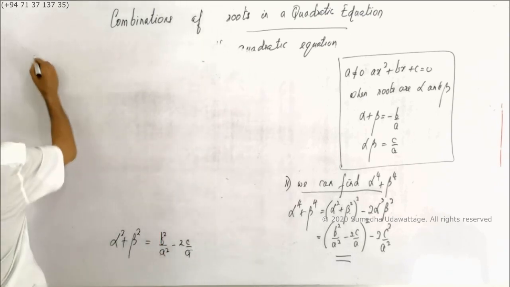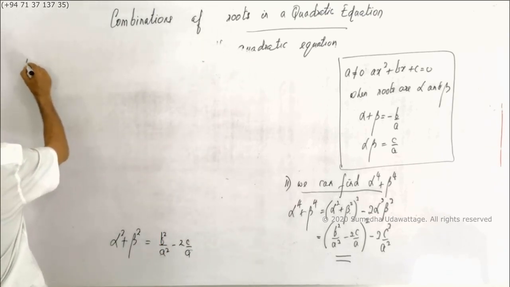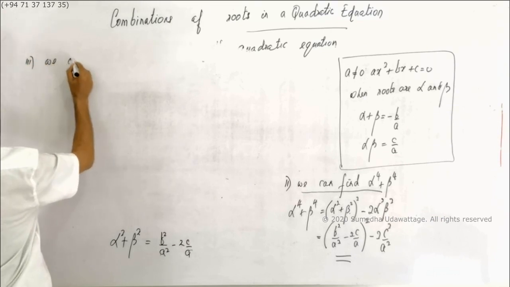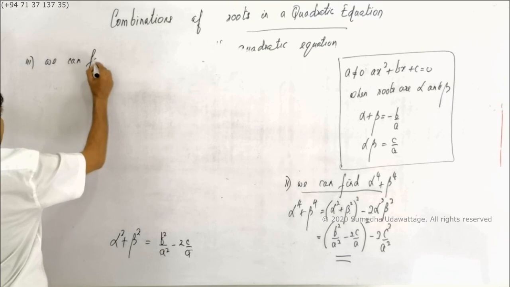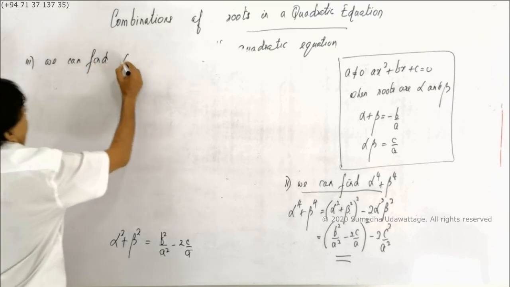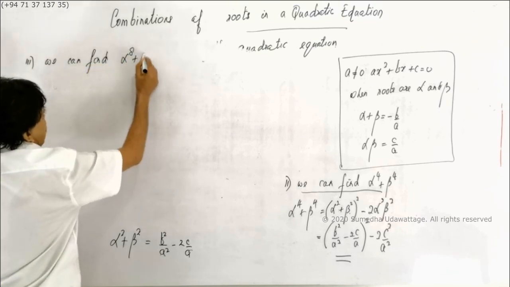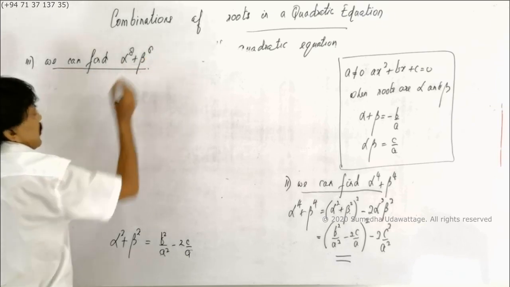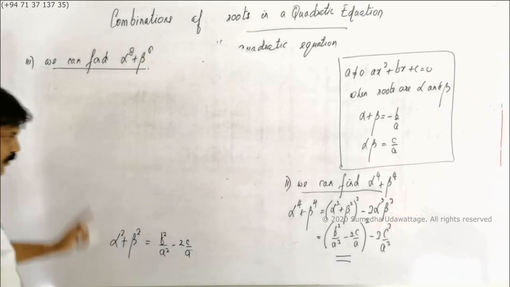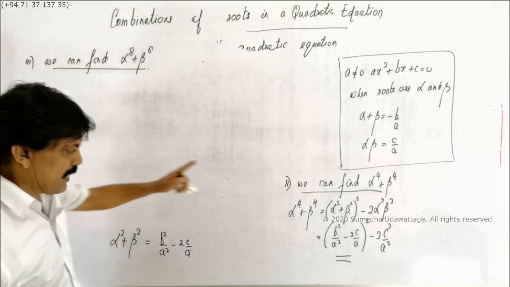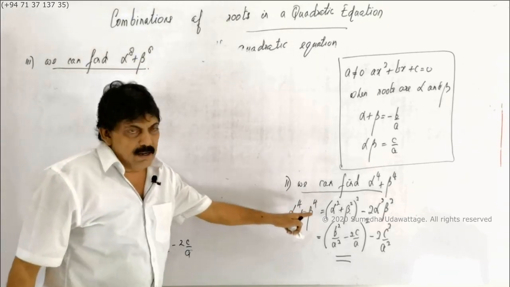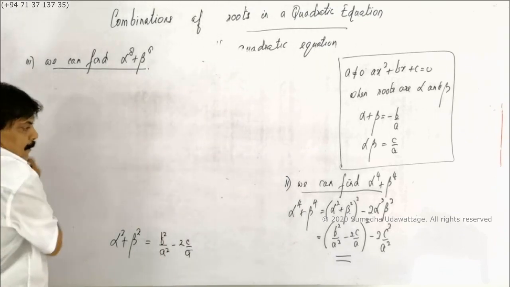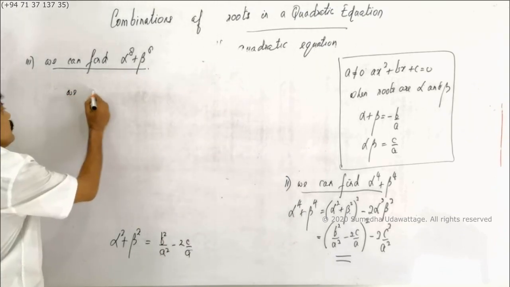There is a third theory: we can find alpha to power 8 plus beta to power 8. Alpha square beta square, 2 into 2 is 4, alpha 4 beta 4, 4 into 2 is 8, alpha 8 beta 8. We get